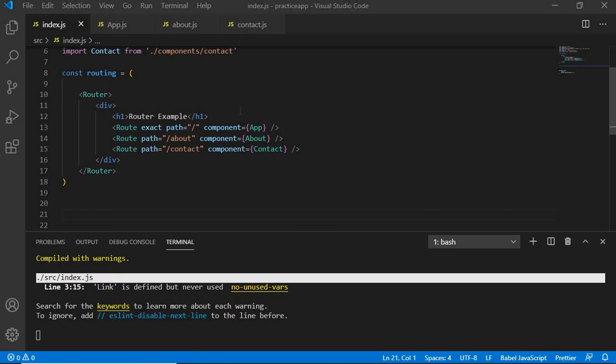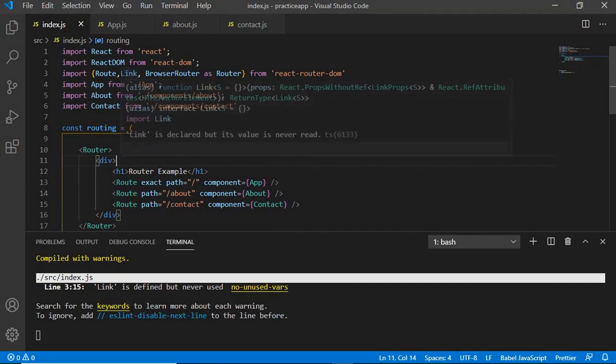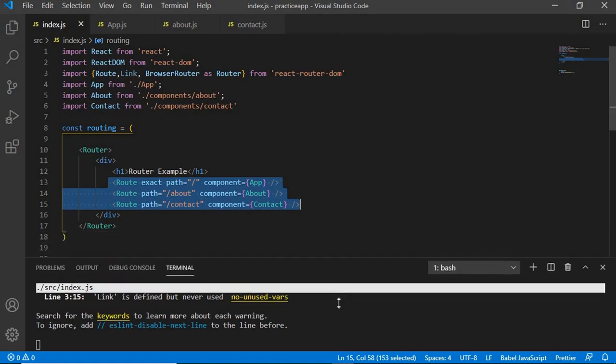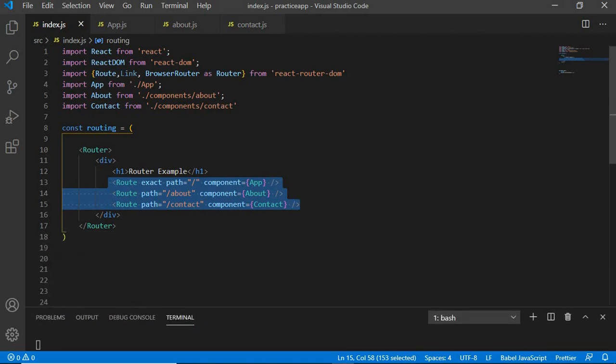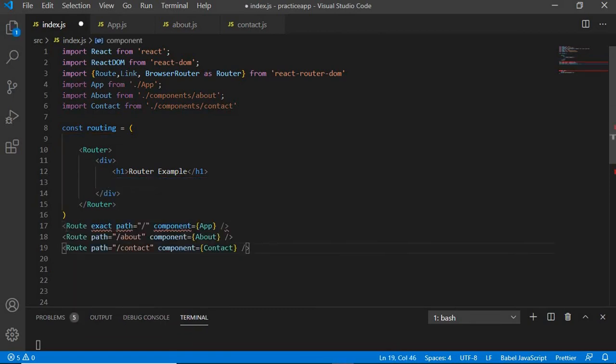So that we have already done right here. Can you see? We have not used it, so it is not lightened up. Now, firstly, I want you to just copy this entire route, the 3 lines, that is 13, 14 and 15. Let me just lower this, copy this and remove it, and right here paste it right outside the return,